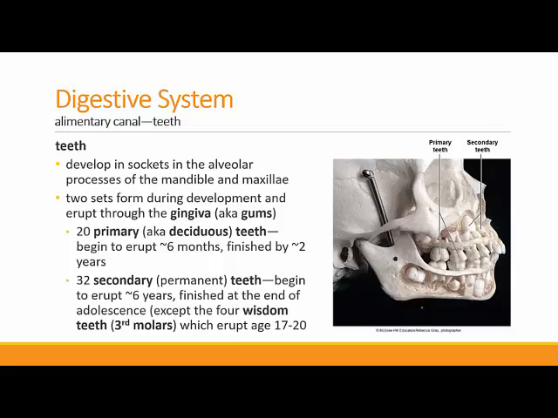Teeth are, of course, a very important part of the mouth. They develop in sockets in the alveolar processes of both the mandible and the maxilla. And there are two sets of them. You can see here that this child,